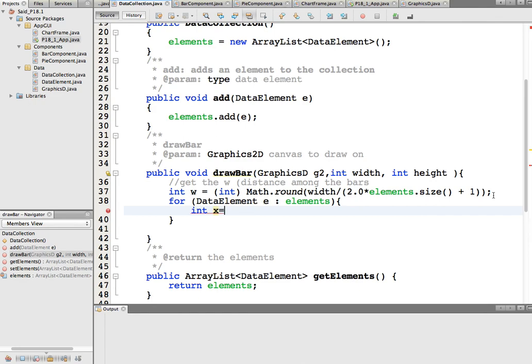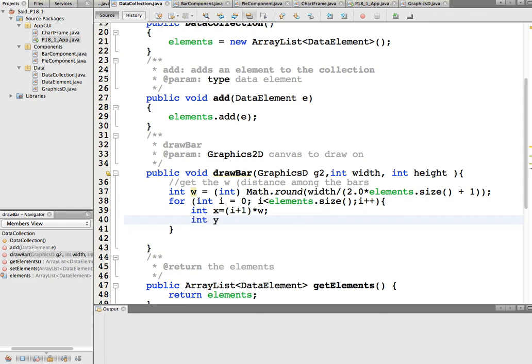And I don't have the index here because I didn't go through the index. So if I am interested in the index, maybe I should not use this loop. Maybe I can use for integer i equals 0, i less than elements dot size, i plus plus. So x will equal i plus 1 multiplied by w,